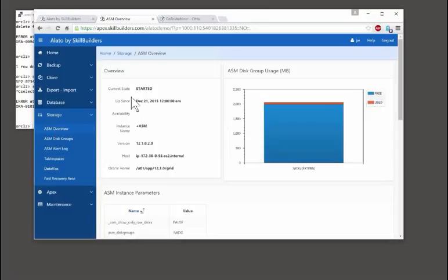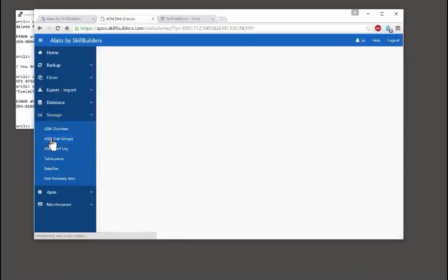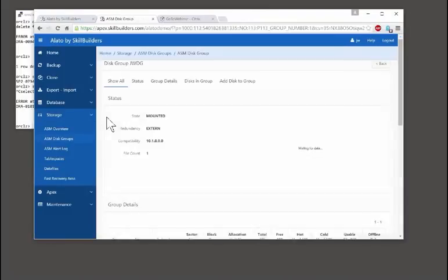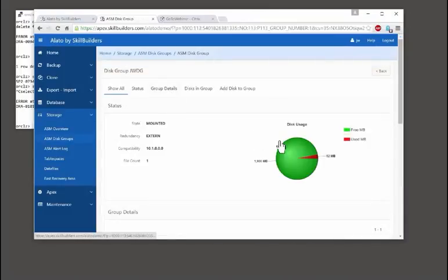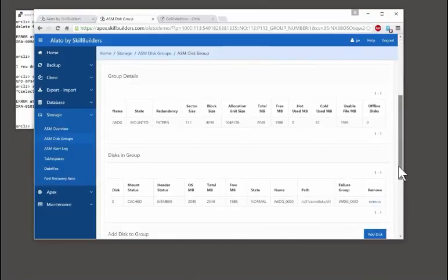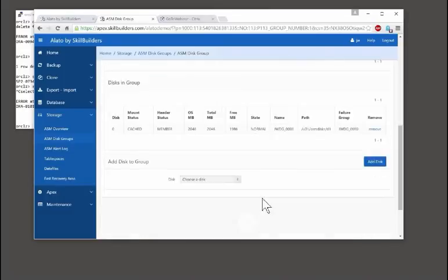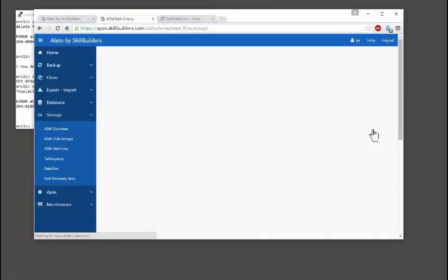In this simple environment, we do have ASM configured. There's just one disk group, which is in fact pretty much empty. And you can see there the overall picture of what's going on. Disk groups, we've got one disk group created. I could create a new disk group, or I could modify an existing disk group. If I want to modify a group, the group details we can see there, but there we see the space usage, the fact that it is mounted, and it consists of only one disk at the moment. If I want to add a disk,